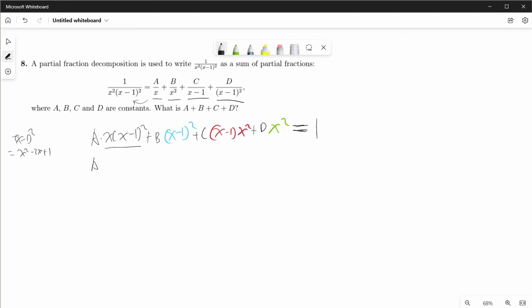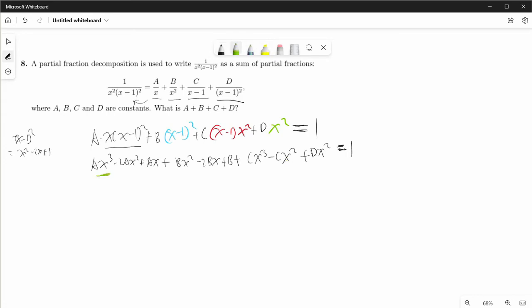So then I have A times x squared, x cubed, minus 2Ax squared plus Ax would be the first one, and then plus Bx squared minus 2Bx plus B, and then moving on to C, we have just Cx cubed minus Cx squared plus Dx squared equal to 1. So now I'm going to